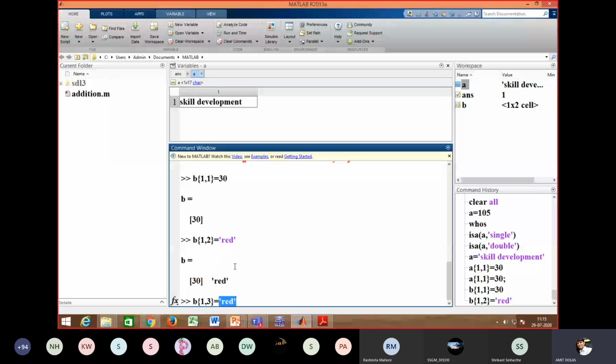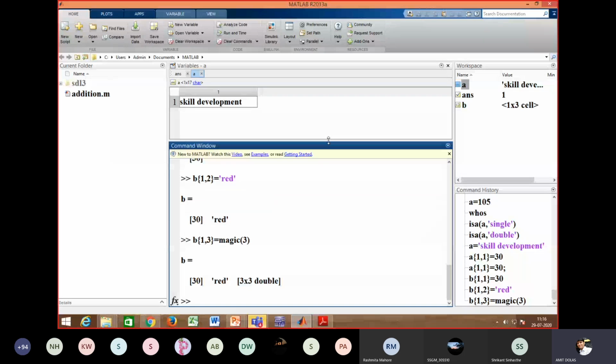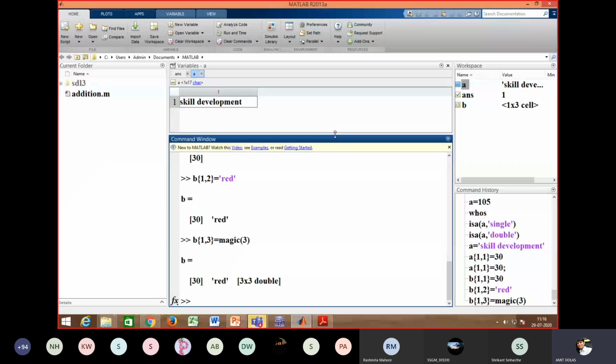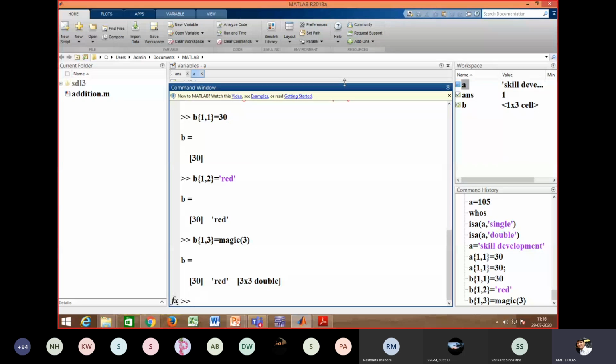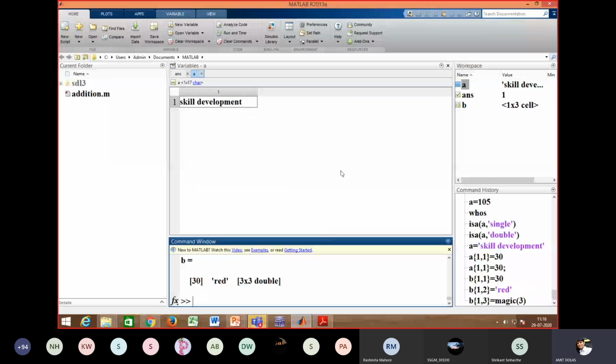So here I'll write magic 3. So I'll come back to the workspace now to understand this. We created variable b, which is of cell type now, and we have different attributes there. Like I entered the number 30, I entered the color red, I entered magic 3, which is of course a matrix.